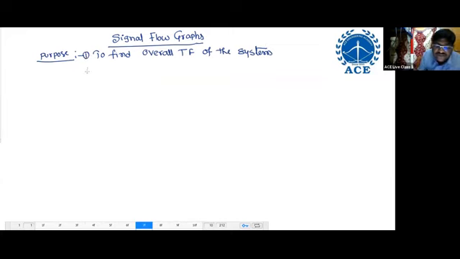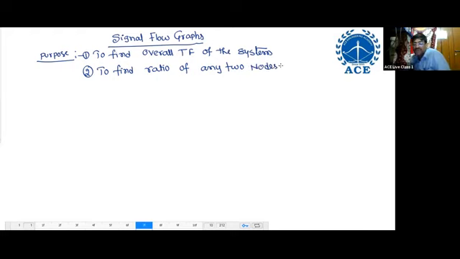The second one is to find the ratio of any two nodes. This is the purpose of signal flow graphs. A block diagram gives just the overall transfer function, but a signal flow graph gives the overall transfer function as well as the ratio of any two nodes. And one more thing is that